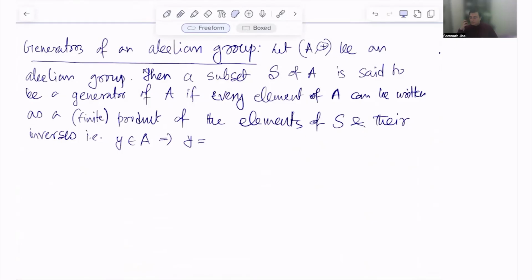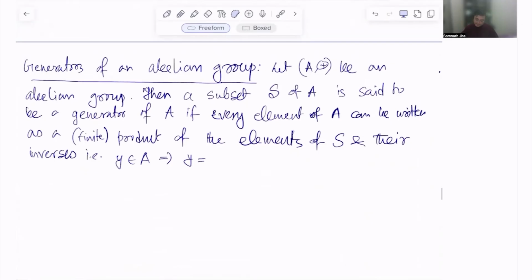We want to understand the minimal number of elements from which every other element can be generated, and that leads us to this definition of generator of an abelian group. So let A, plus, be an abelian group, then a subset S of A is said to be a generator of A if every element of A can be written as a finite product of the elements of S and their inverses. So if Y belongs to A,